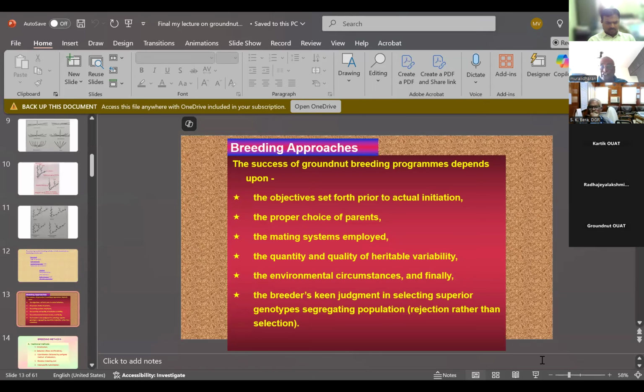Then comes the proper choice of parents, the mating system employed, the quantity and quality of variability, the environmental circumstances, and finally the breeder's keen judgment in selecting superior genotypes in the segregating population, rejection rather than selection. It is most important because, depending on our program, whether it is for a quality character or for yield or oil content, these things should be taken into account. Then the rejection should be